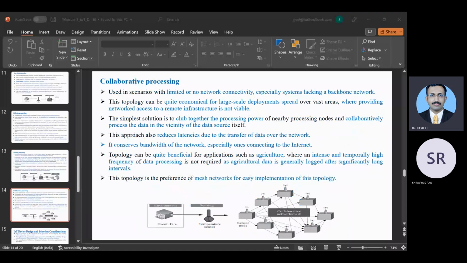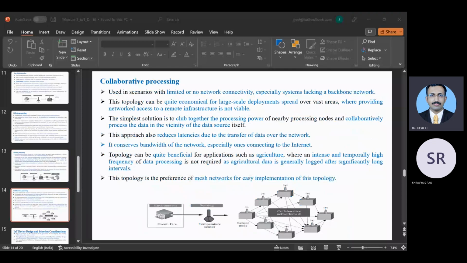This is one sensor node. This is another sensor node. So all the sensor nodes are interconnected to each other. They have a collaborative process, or you can say that it is a mesh. If any information is received here, it will be transmitted to the neighboring nodes, and you can make sure that the data is being transmitted.